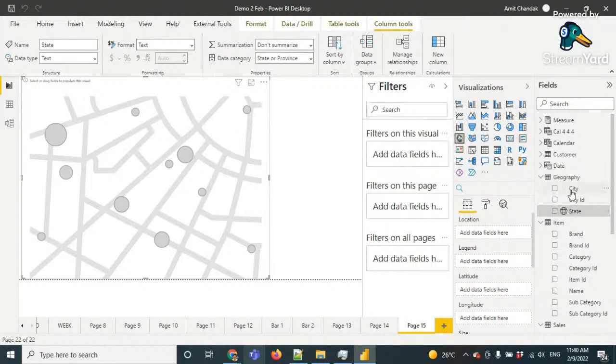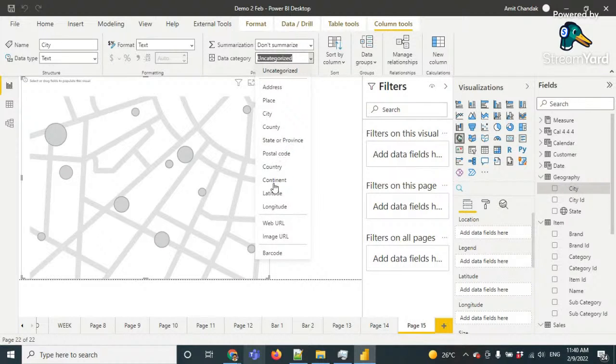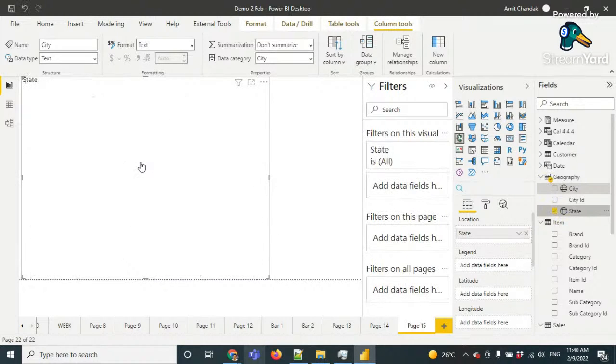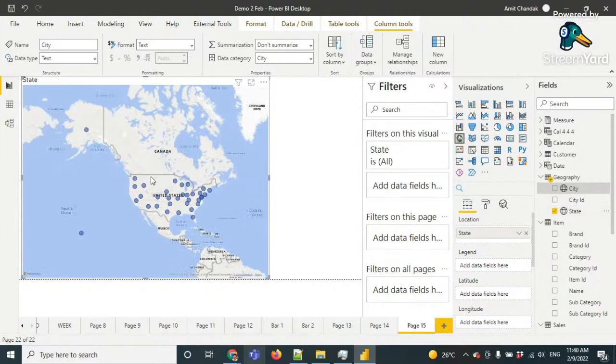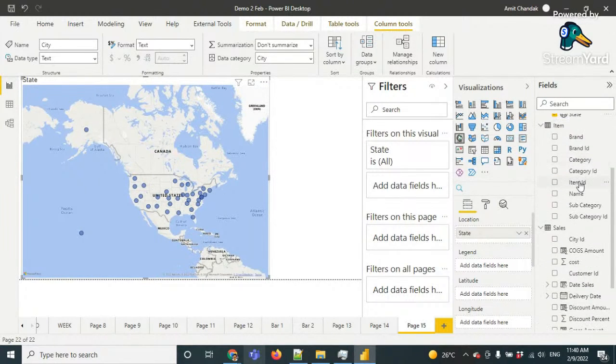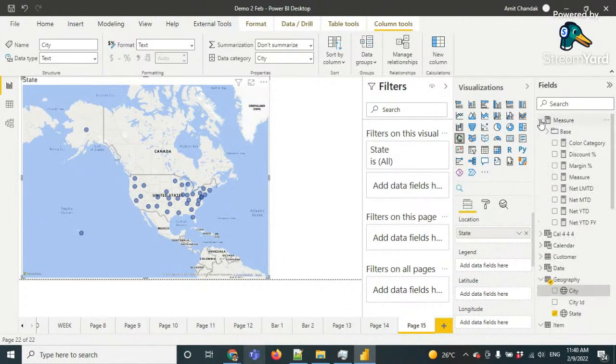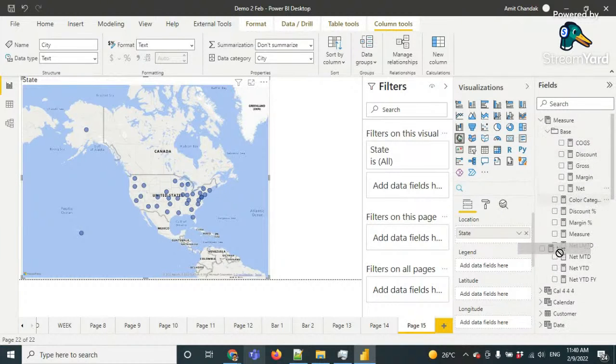So it will become geographical. Similarly, for city here you can go ahead and say city. So we drag the state here. We immediately start seeing the dots. And to give these dots, we can drag